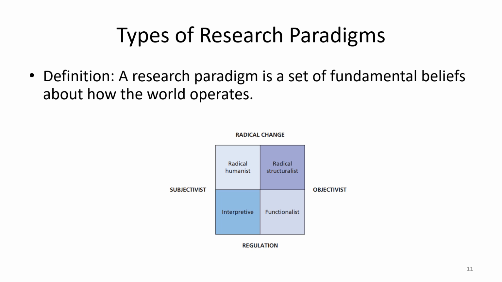And radical structuralists are combining the objectivist with radical change. So it focuses on structural aspects of society or organization that create and maintain power imbalances. So it aims to analyze and transform those structures in a more objective way. For example, you examine research on how economic structure leads to inequality and suggests systematic change. When we are talking about economic structure, it means we are doing objective research because we are going to gather data that is more in a numerical form.